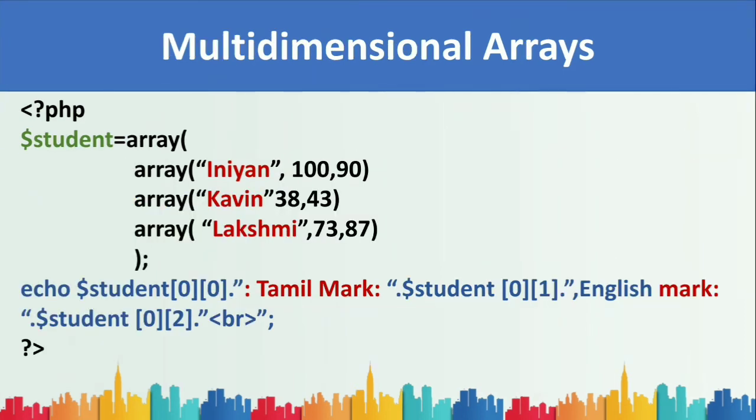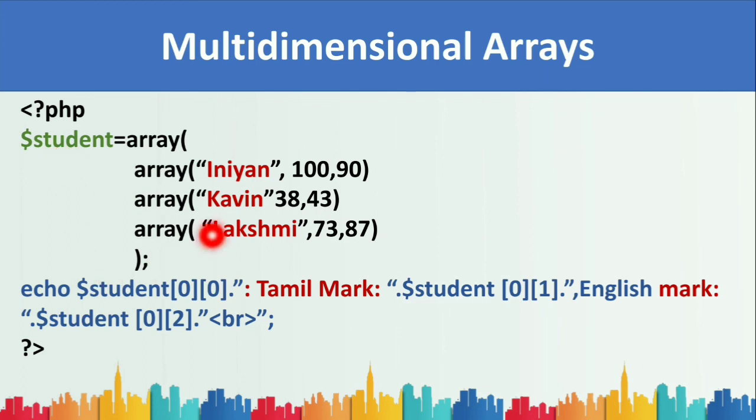So now the last topic is the multi-dimensional array. So let's see what is meant by a multi-dimensional array. It is an array containing one or more arrays. That is what a multi-dimensional array is. So as usual, look at the program. We have the open PHP tag, and this is the array declaration statement. For a multi-dimensional array, we said that it contains one or more arrays. So here we have 3 arrays.